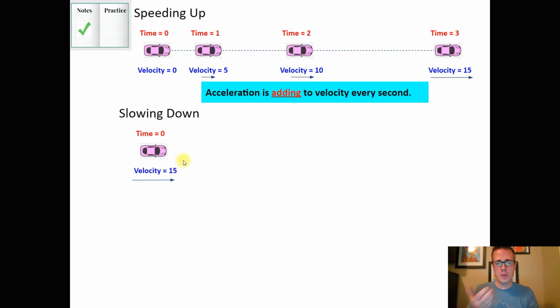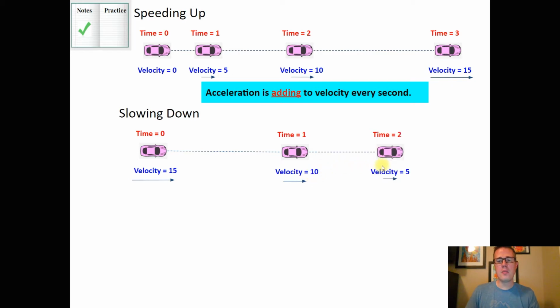So let's say at time 0 on our stopwatch, the time says 0, we're moving at 15 meters per second. A type of acceleration of slowing down, we could also call that deceleration. We're going to be taking away from the velocity every second. Because it started out going fast, it's going to cover a whole bunch of distance in the very first second, but now we're going 10, we're taking away 5. In the next second, we're going even slower, we're taking away 5 again, and in the last second, we're finally